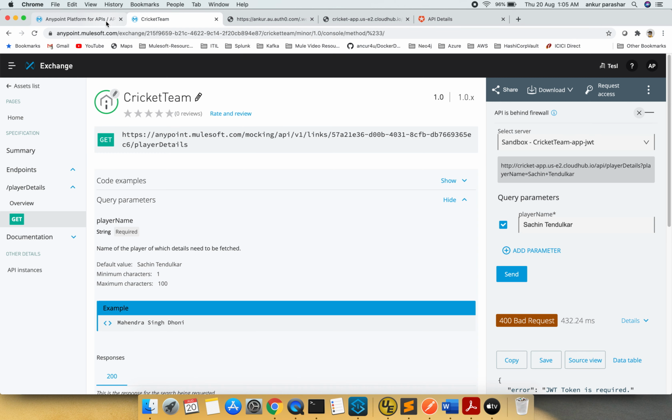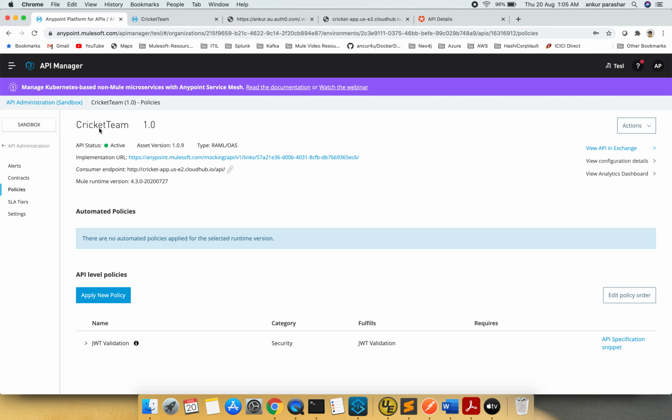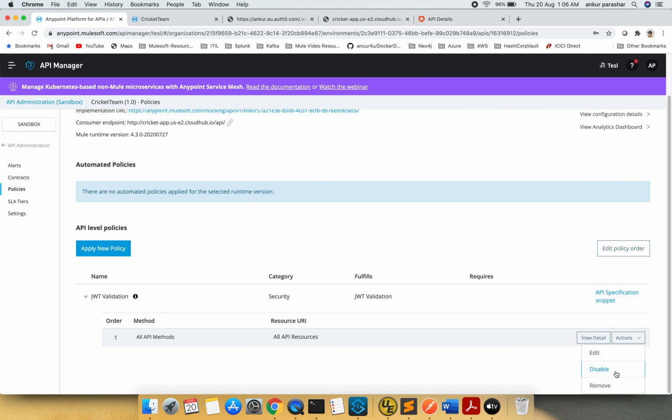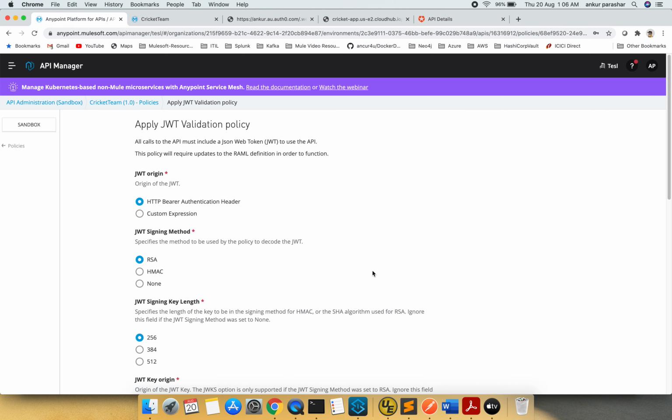So guys, we were checking that JWT token issue. I just want to check it further. We are in the API manager, in the JWT validation. I will go to action and edit.